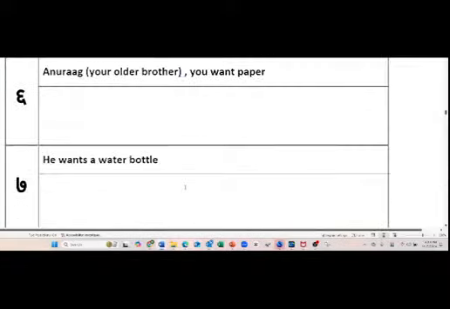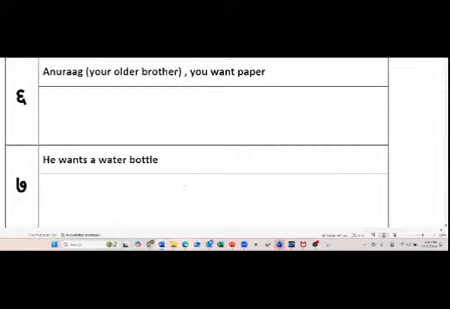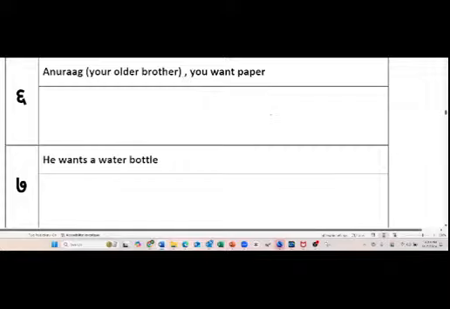Okay, chalo, next page. Let's have Nandika do this. Anurag, who is your older brother, and you are asking him, do you want paper? Wait, I have a question before this. Yes, Sarah. In this, why would they treat their older brother with respect, first of all? Wait a minute, Arav, you're getting ahead. I was waiting for Nandika to answer that question. You start asking a question before the person I've asked. So let me see what Nandika wants to say and then I'll come back to you. Okay, Nandika. Anurag, who's your older brother, you're asking him, do you want paper?